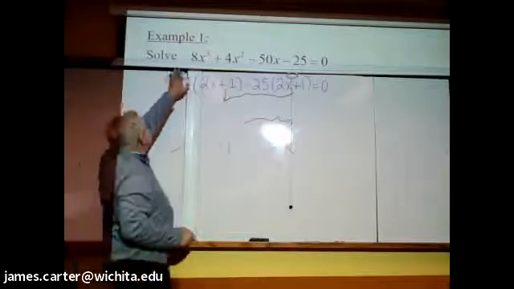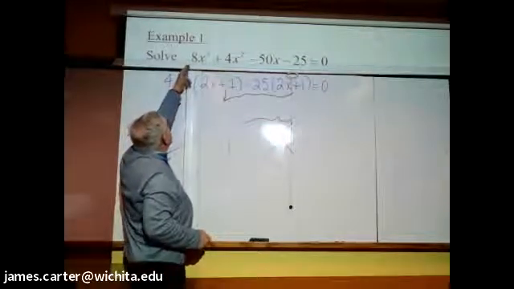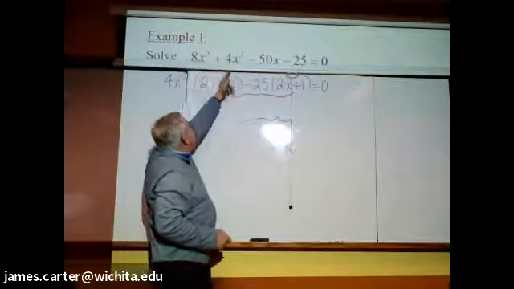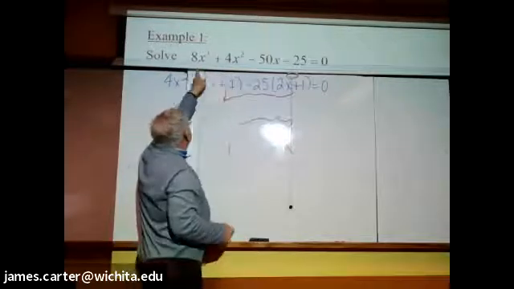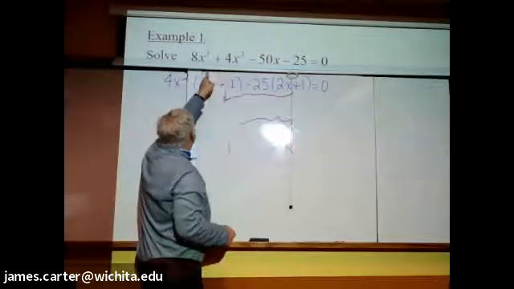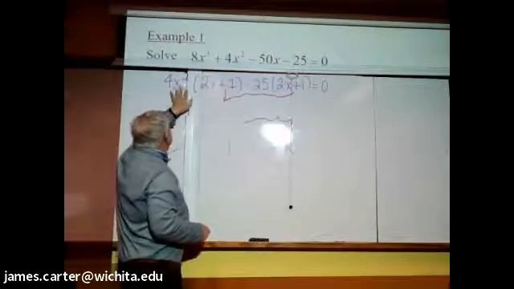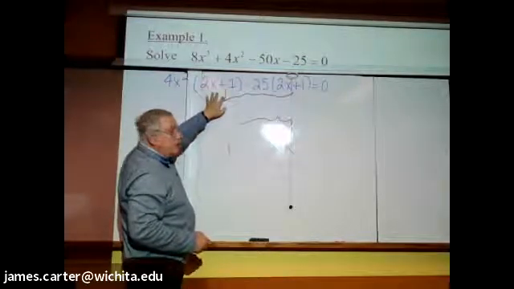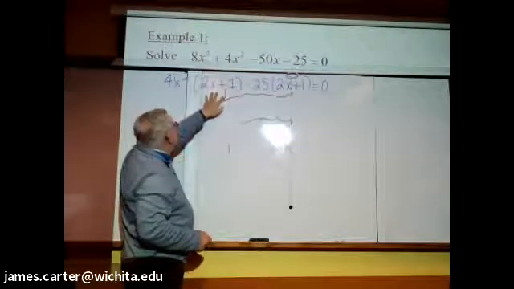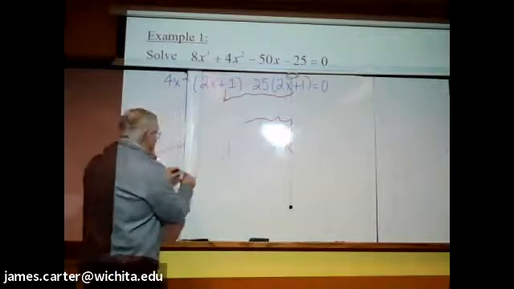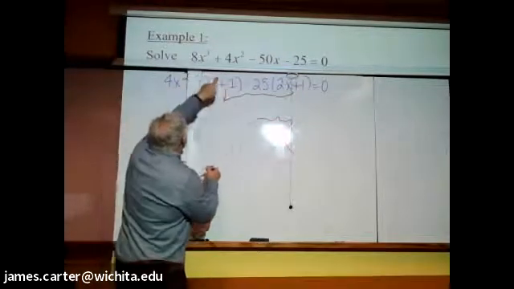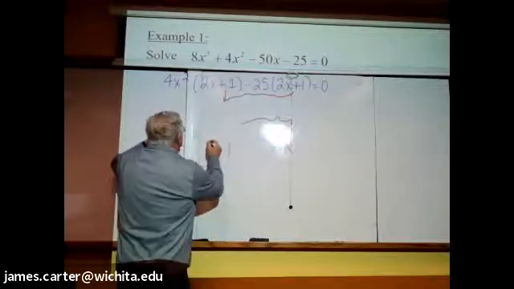However, if you break this into 2 parts, the 8x cubed plus 4x squared, you can factor a 4x squared out of both of those. And that's what it's showing that they did here. This is called factoring by grouping. Okay? The step that they did not show you in this problem, that should have gone between that and this,